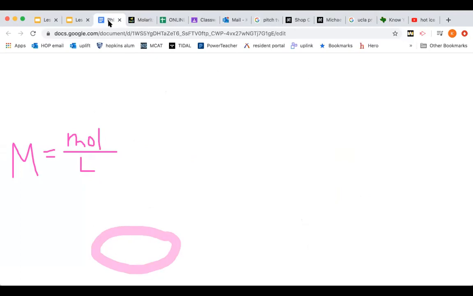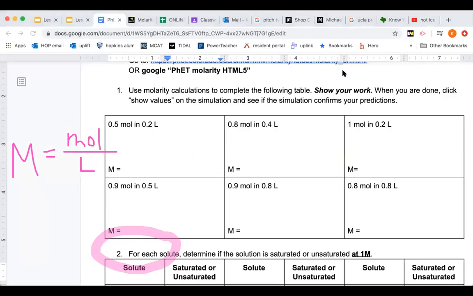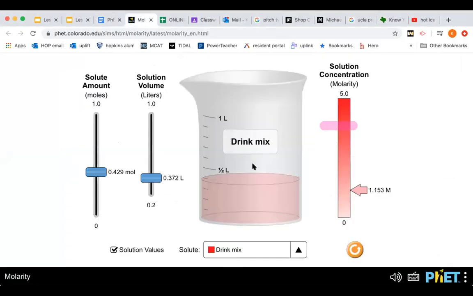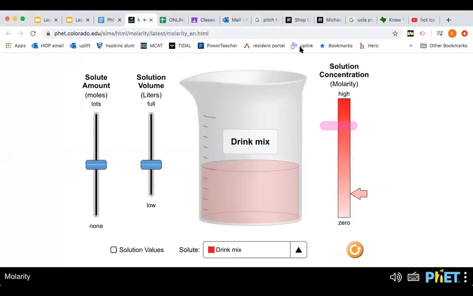Part 2 is the main part. What you are doing in part 2 is it's a list of the different solutes, and you have to say if it is saturated or unsaturated at 1 molar. 1 molar is the important part. So at 1 molar, you've got to say, is it saturated or unsaturated? So how can you tell? That is a great question. Let's reset it. If you press the reset button, it will instantly go back to 1 molar for you. Change the solute down here,